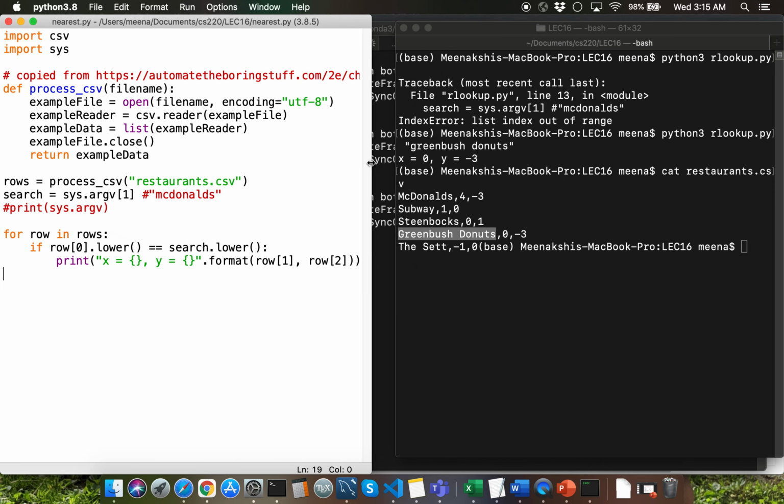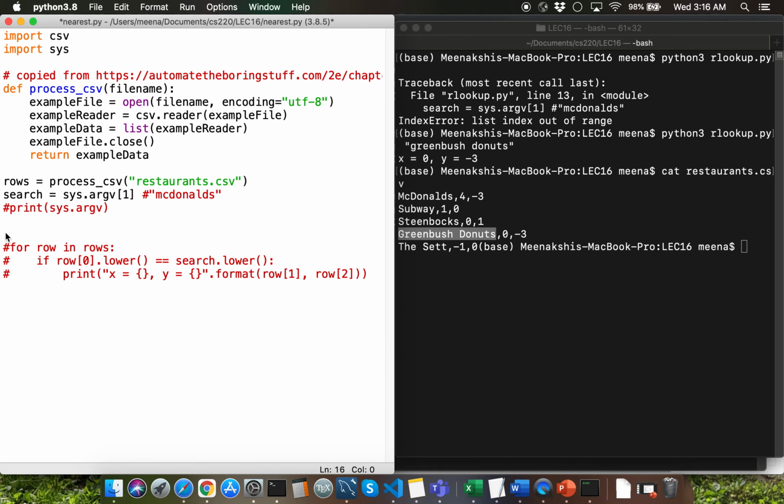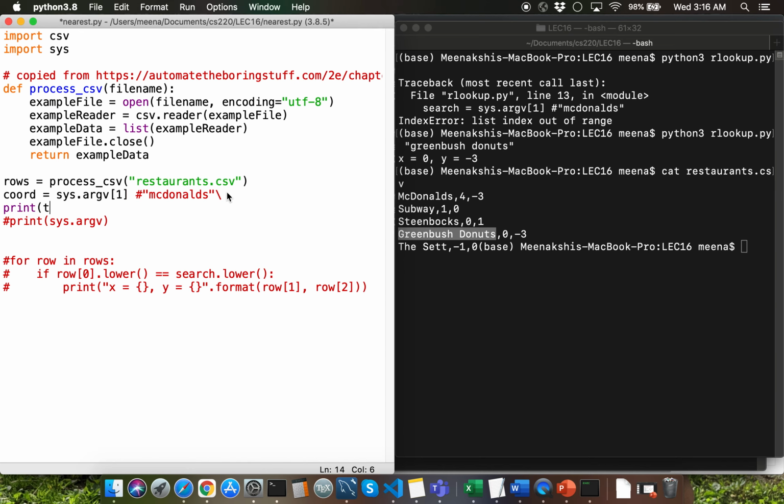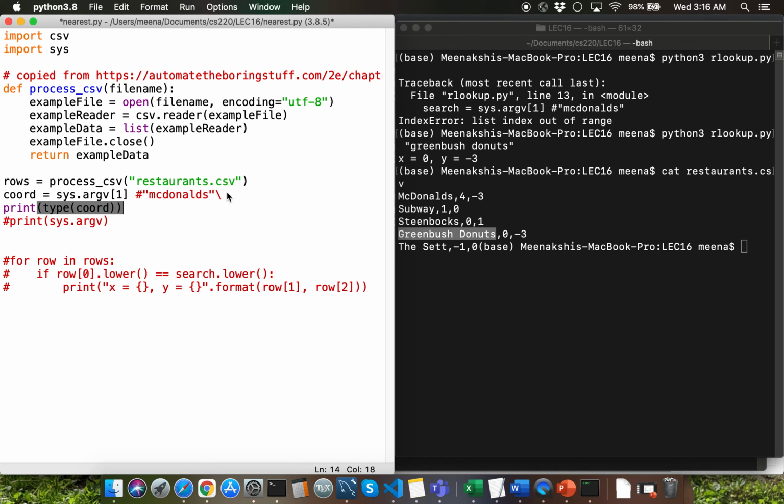For now, I'm going to comment out the for loop that is iterating over every restaurant row from the CSV list of lists data structure. Let me rename the search variable as coord to represent human coordinates.